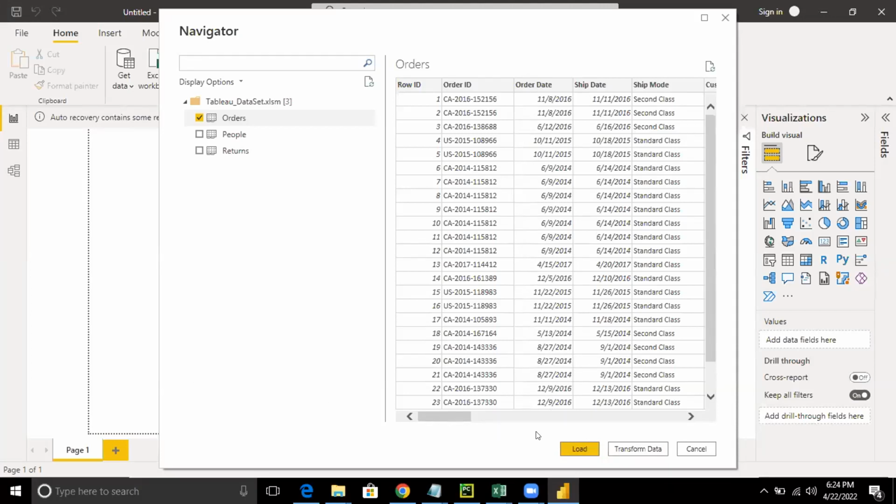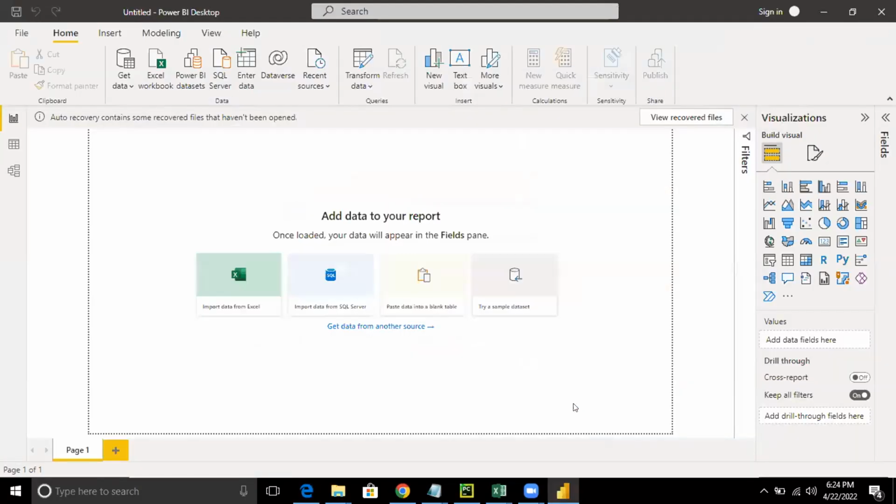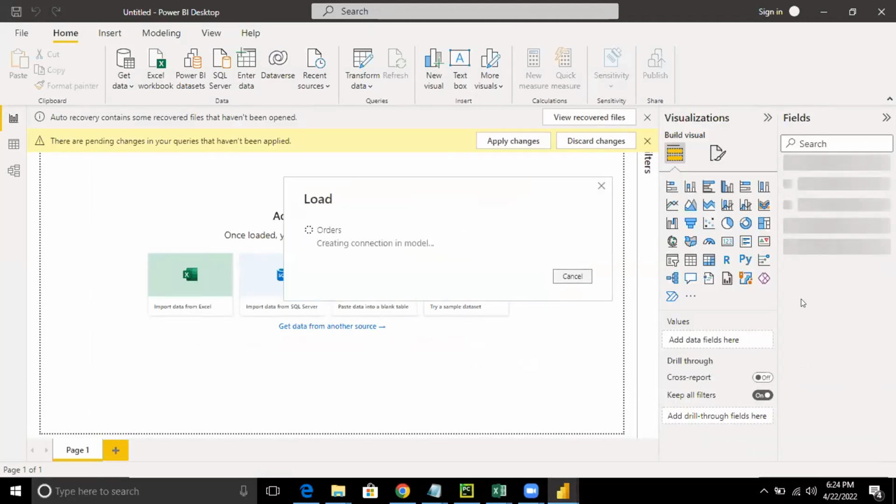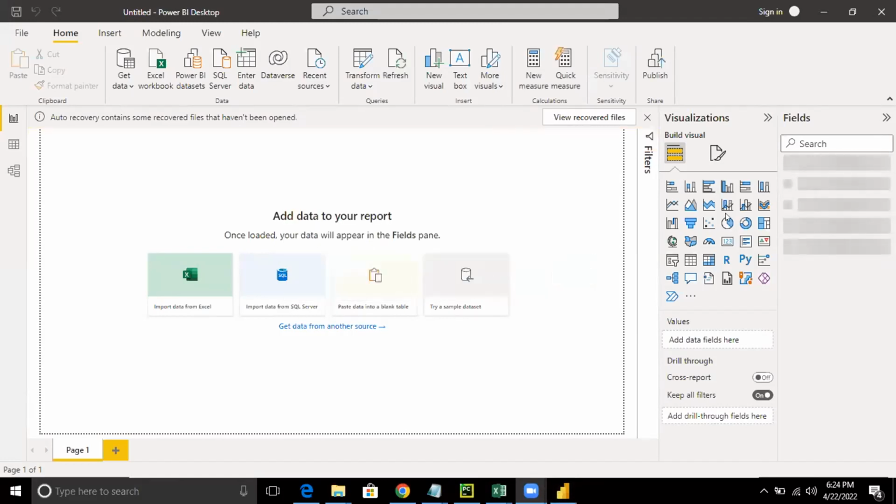Okay. Once the entire data has been loaded, you will find that in the fields section, you get all the fields. Now what we are going to do as a team is make a stacked bar chart. Can we all quickly do that? The main advantage of Tableau or Power BI is that it helps you create data sets in a very, very small duration of time.